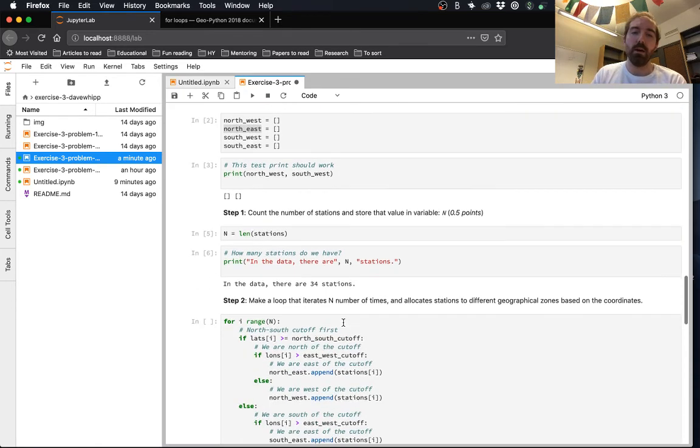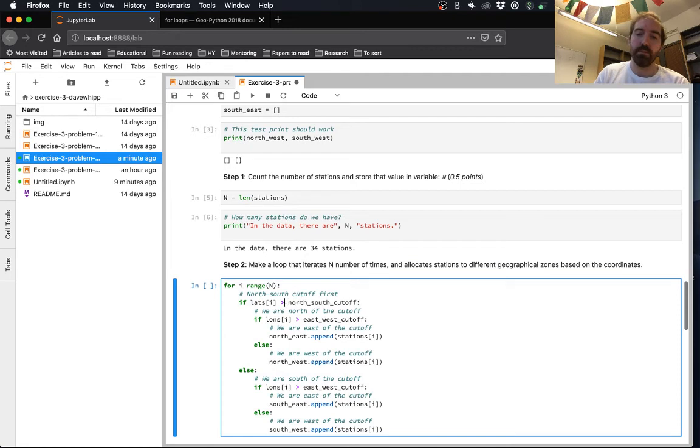And depending on how you've made this test, if you said it was greater than or equal to, it would be classified differently. If you said the latitude should be greater than or equal to the north-south cutoff, that station would be seen as being in the north.